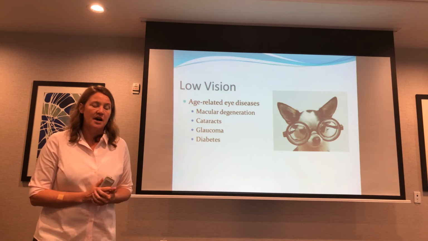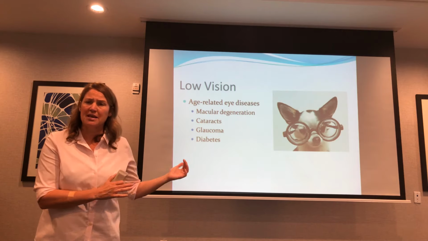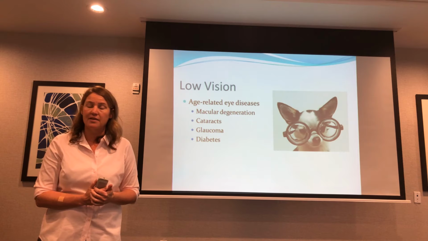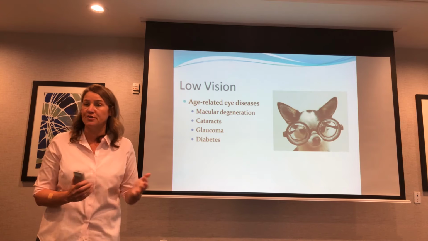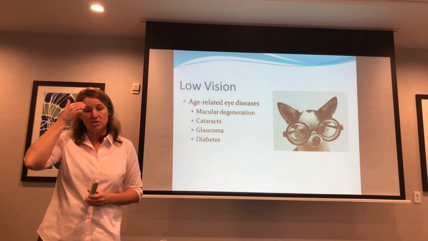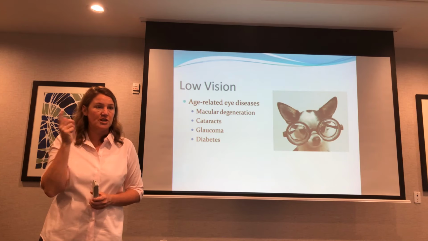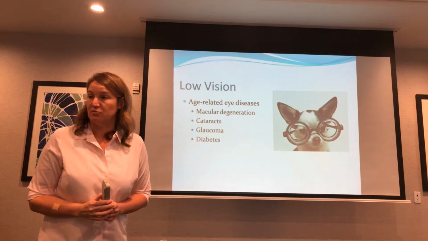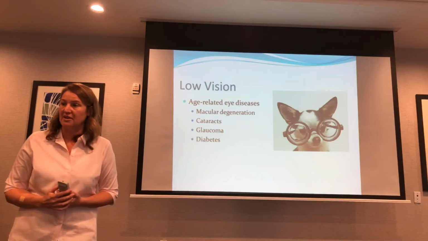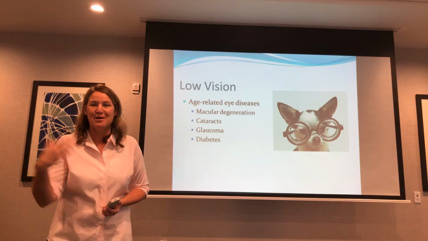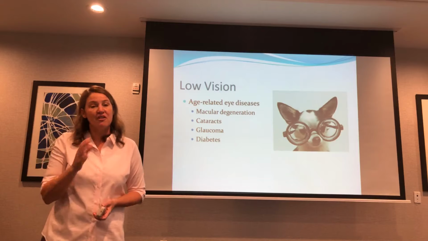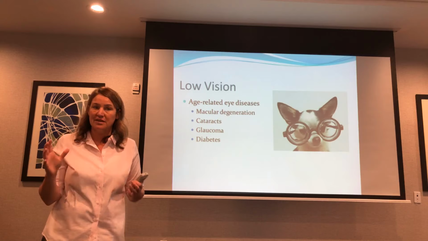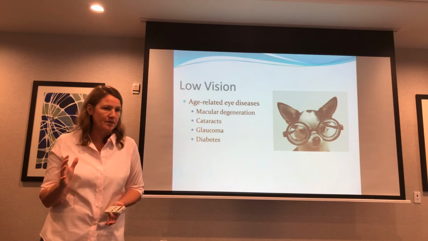All these different things that you can get can create severe visual deficits. Now, when we think back to the lens in the previous one, this day and age, a lot of people are able to get their vision improved. I know my mom's vision is actually better than mine now because she had cataracts removed and new lenses put in. It's a turn of events when we're at a restaurant and I can't read the menu and I have to hand it to my mom to read it. So there are things that are reversible and can be improved upon. Low vision typically is when there isn't a treatment.